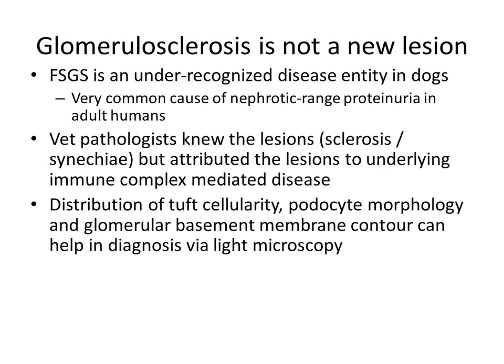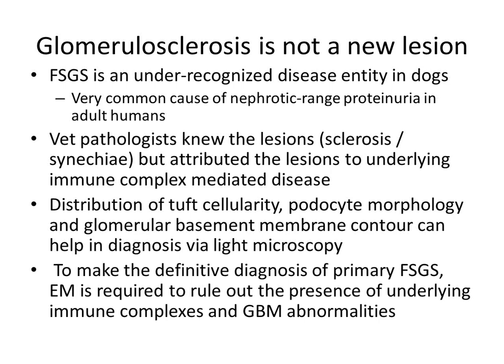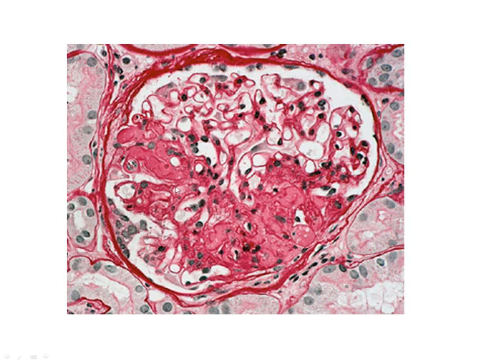But if we pay attention to where the cellularity is located or what the podocytes look like, that can help us get to the right diagnosis via light microscopy. But then again, you're still going to need EM or IF to definitively rule out the presence of deposits. This is just a different dog, but you have a normal tuft here. You have a podocyte that looks upset, but this isn't hypercellular, this isn't too many cells, and this area right here is sclerotic. So that segmental nature should get you on the right track for this diagnosis.